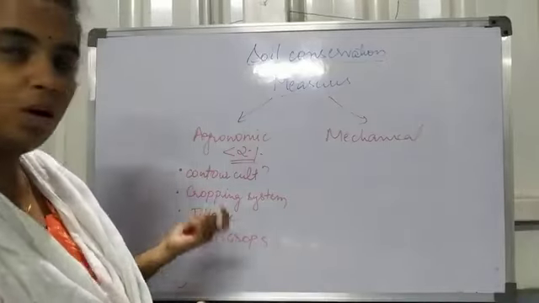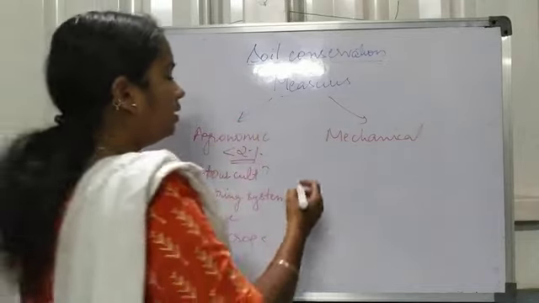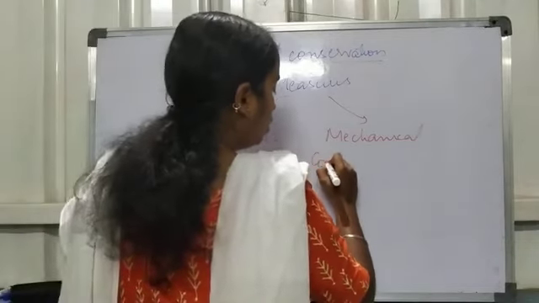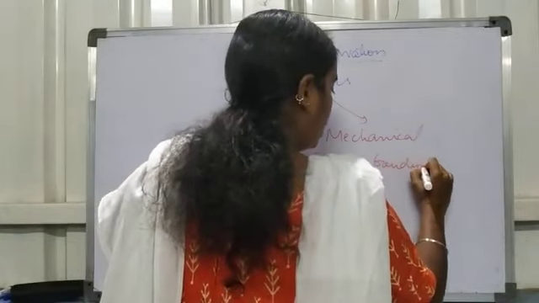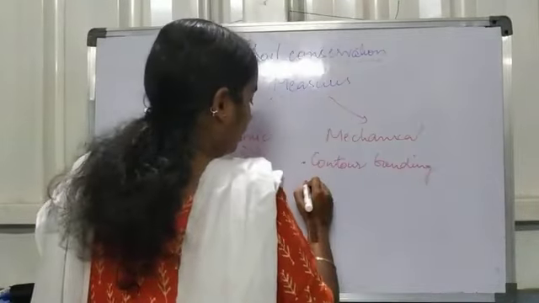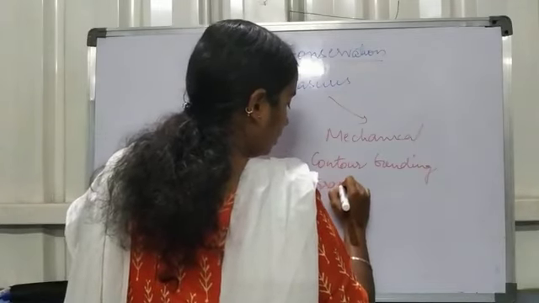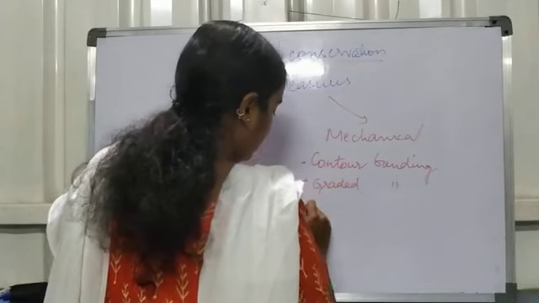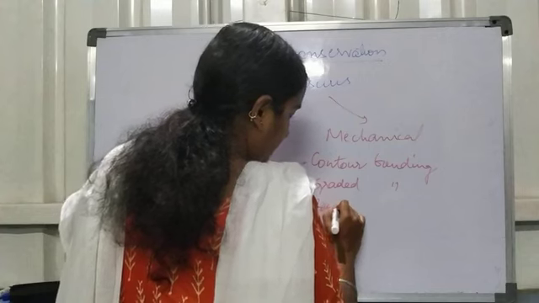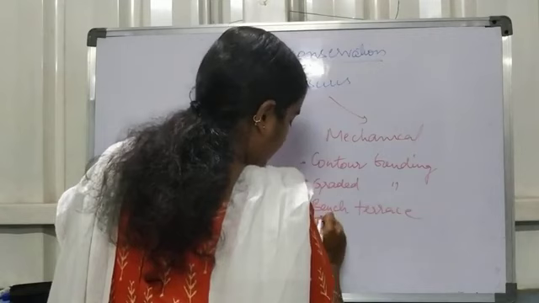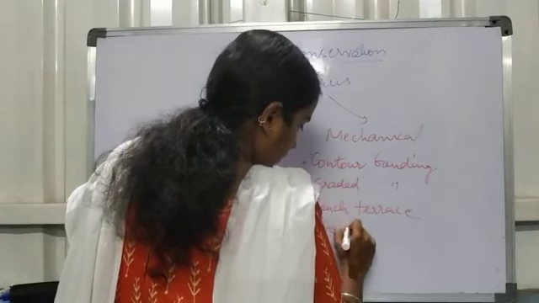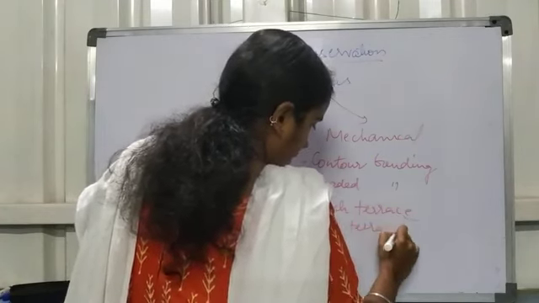So these are some agronomic methods. In mechanical methods there are contour bunding and graded bunding, bench terrace, zing terrace,